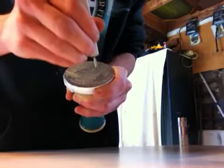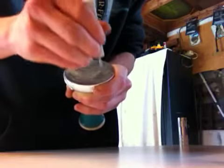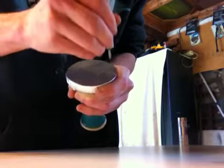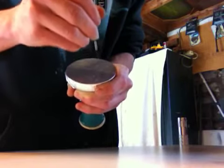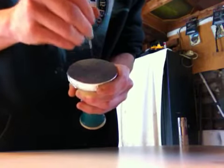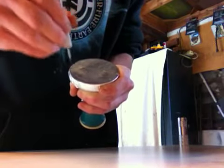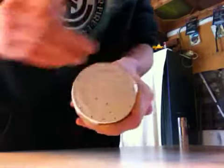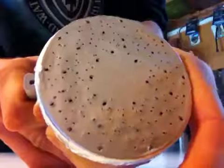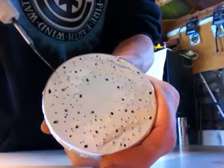Smaller holes let less ash in, doesn't really kill the flavor too much. But we're going to need a lot to get the airflow that we want. So very small holes. Alright. It may look like a lot, but these are very tiny holes, you guys. I'd say these are about the size of a toothpick, and these are the size of a thumbtack, all the